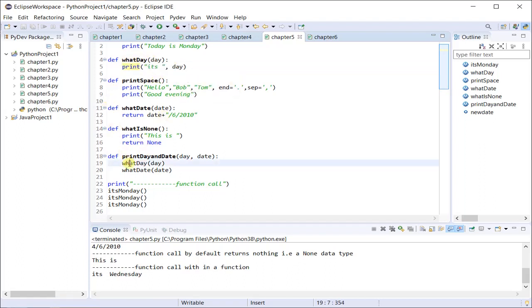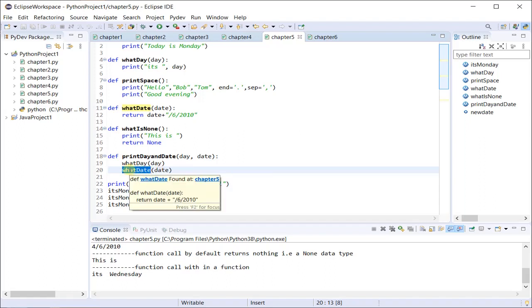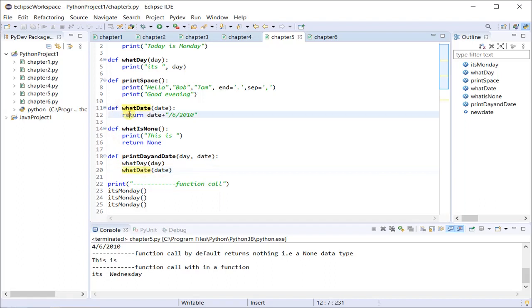Then it came back to line number 19. The function always returns to the point which called the function. So it came back to line 19, then went to line 20. From line 20, since this is a function, it went to the definition of what day.